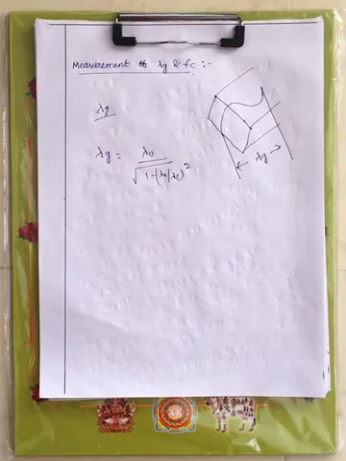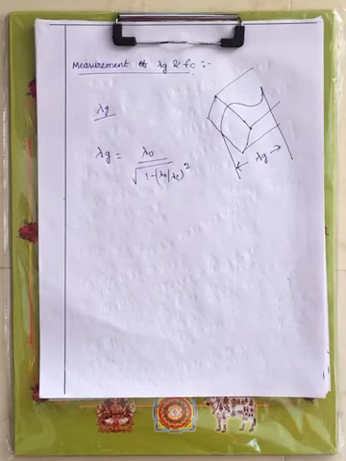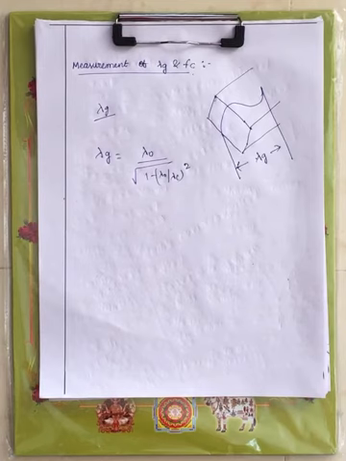Now coming to the next experiment, that is measurement of guided wavelength denoted by lambda g, and another factor is cutoff frequency that is denoted by fc, right? Now we have seen these terms under your rectangular waveguide. Again I am saying what those terms are. Lambda g is nothing but guided wavelength, right?